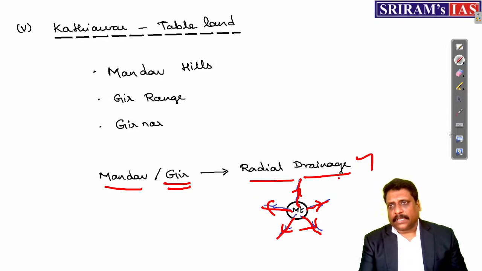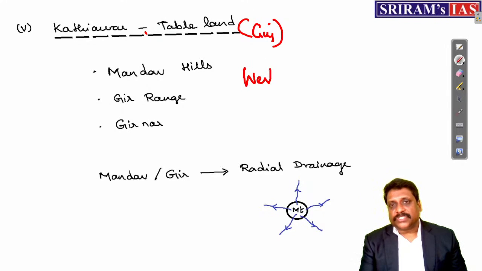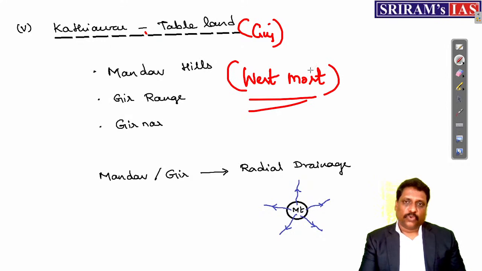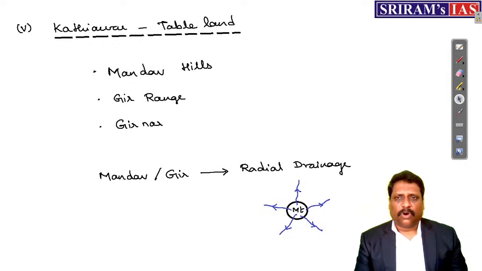Now, right. So Kathiawar tableland and some basic facts we have an idea. And let me also tell you this Kathiawar tableland, you're there in Gujarat, is regarded as the westernmost plateau of India. Westernmost plateau of India. Okay. Right, my dear friends. Now further, all this peninsular plateau we have taken.